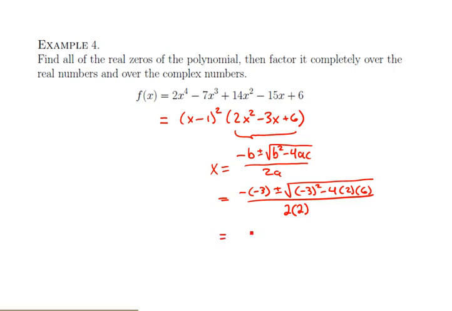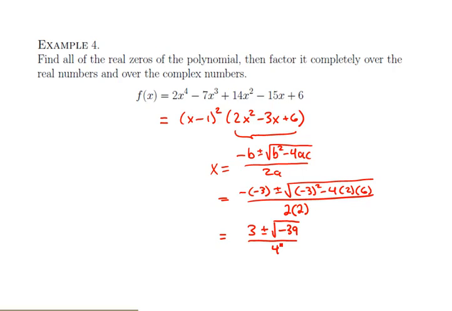And so that becomes 3 plus or minus the square root of negative 39 over 4. And since there's no real number square root of negative 39, that's why we know we had no